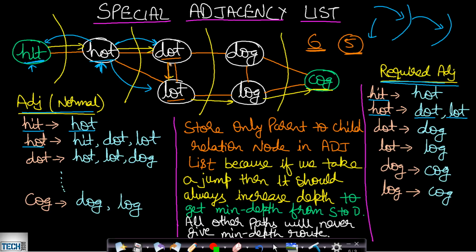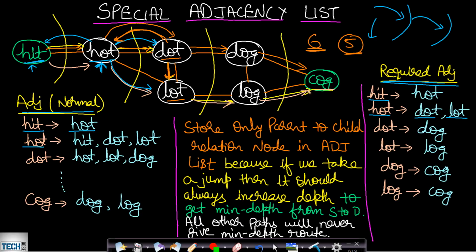You can see that if you make a call to the same level or even to a previous level, like if we had made a call from hit to hot, hot to dot, again from dot to hot, again from hot to dot, and then from dot to dog and cog, then obviously these many transitions will increase the depth, and so we will never be getting the minimum depth. So in order to get the minimum depth, we should always make a transition one level at each DFS call. If we are making this transition and we are able to reach the end word, then obviously we will be taking the shortest path.